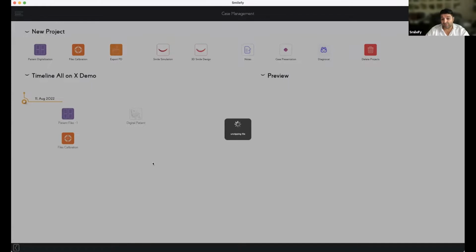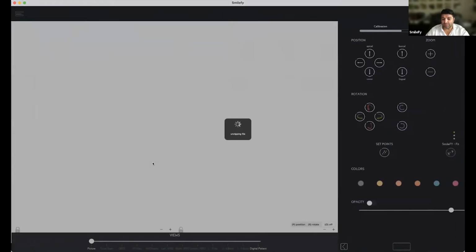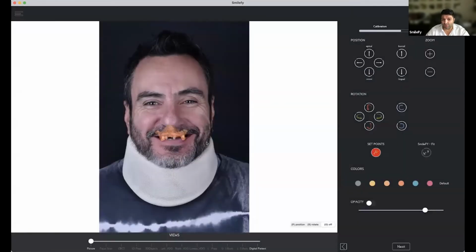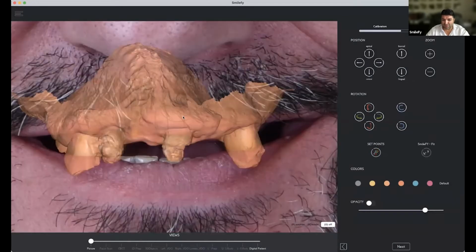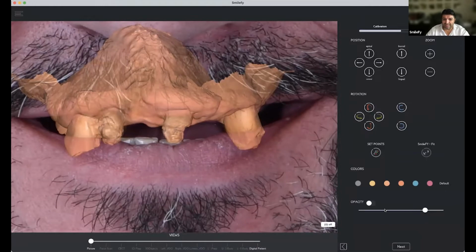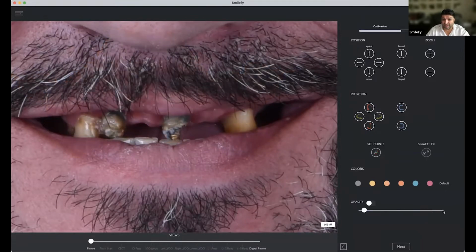When the patient's mouth is open, we have enough space to see landmarks in the intraoral scan and the landmarks in the picture, so that we can superimpose.